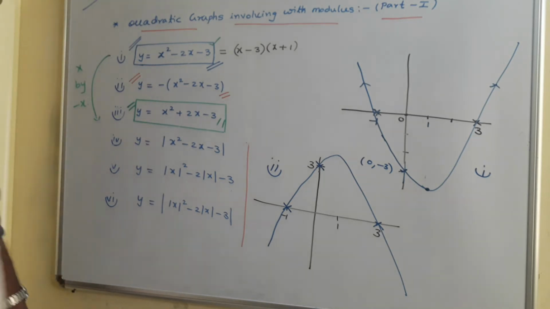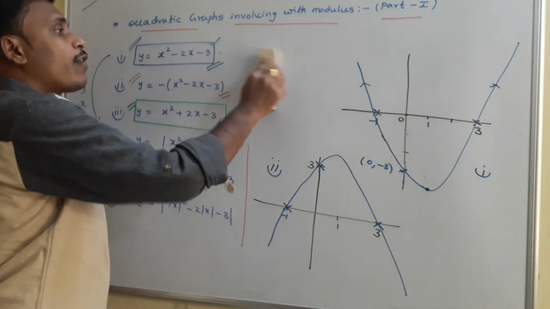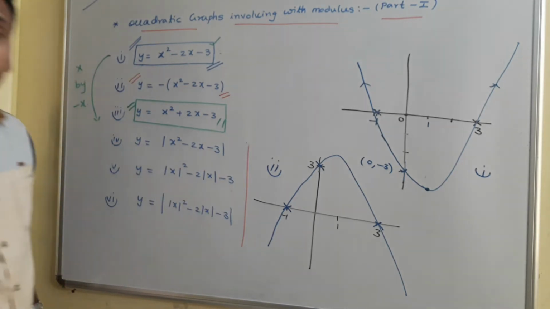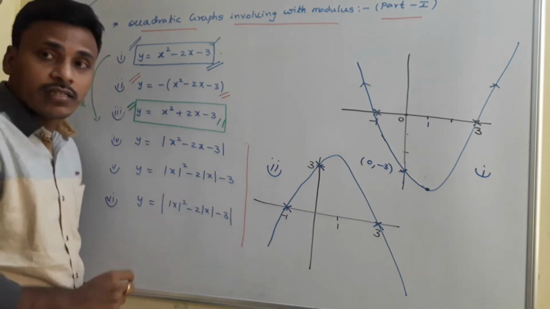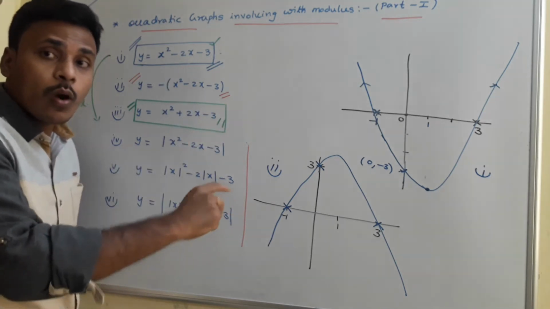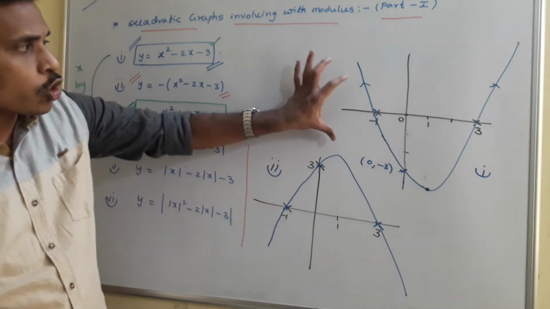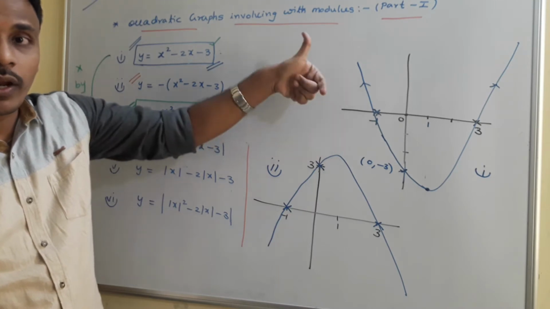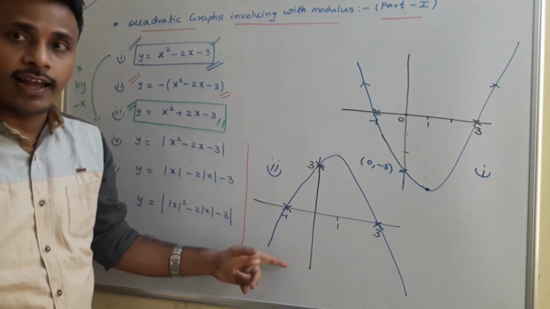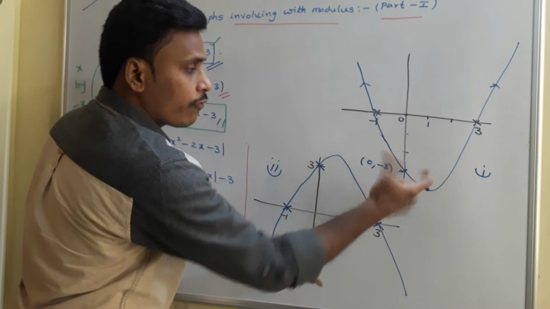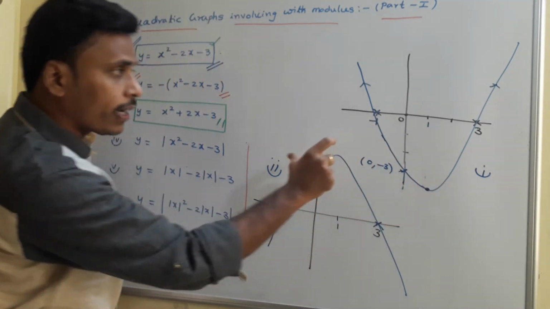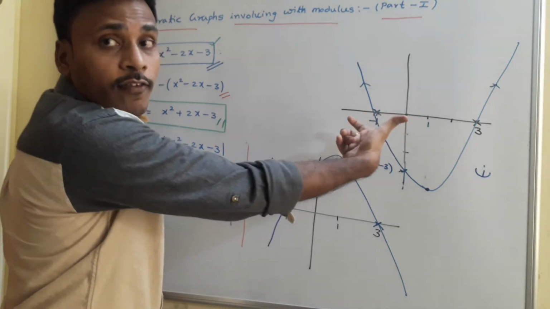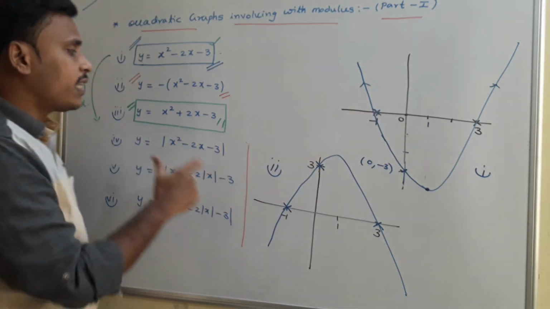Since we are replacing x with minus x, the graph of the third one is simply the flip of the first one horizontally, and the second one is the flip of the first one vertically. So this is the graph. If you flip it vertically, this is the second graph. This is the graph. If you flip it horizontally, just look there, you need to flip it like that. Flip it like that, then that is the graph of the third one.